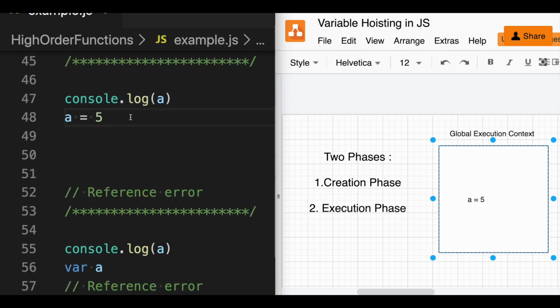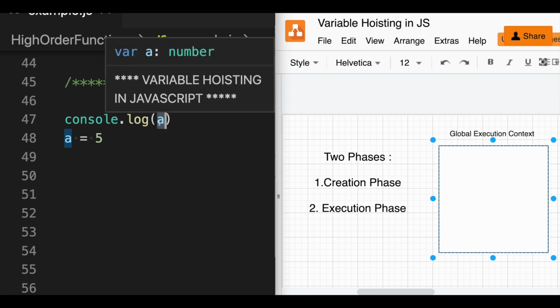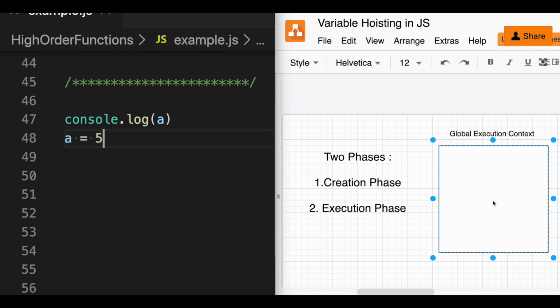Now here I know that when my creation phase starts, even this is not acknowledged and this is also not acknowledged, right? Because these are not variable declarations where I have to create something. So in my creation phase, actually nothing happens. I have nothing in my global execution context, right? So I just try to print A. Now I know that JS will try to print something which does not exist in memory. A is pointing to nothing. Basically, A does not exist. So that's why I would have an error over here, and this line would never get executed because, as I told you, this is a runtime error in JavaScript, which halts the execution phase.